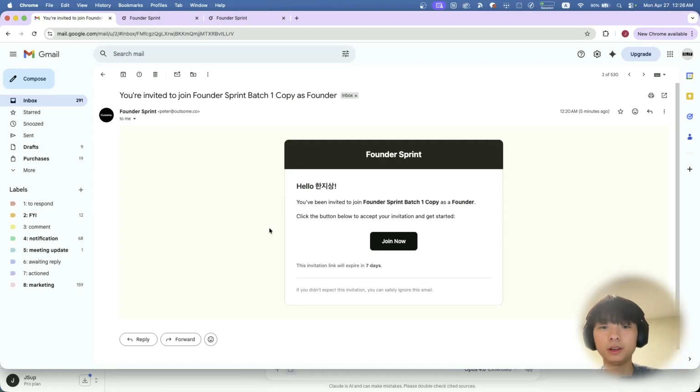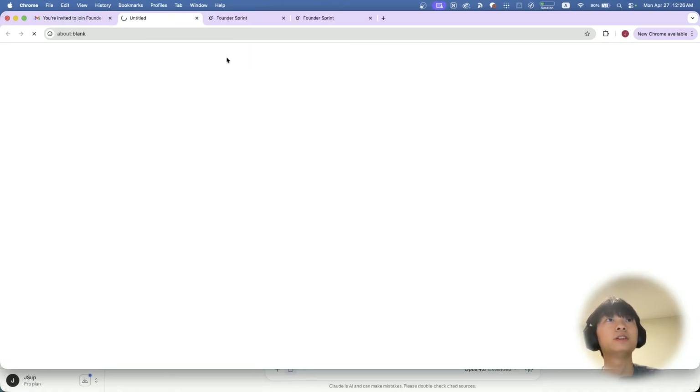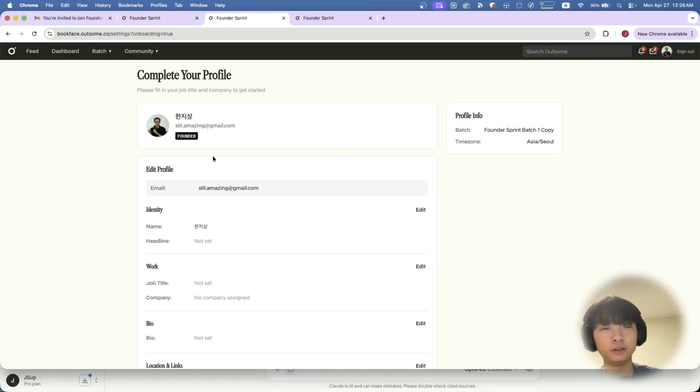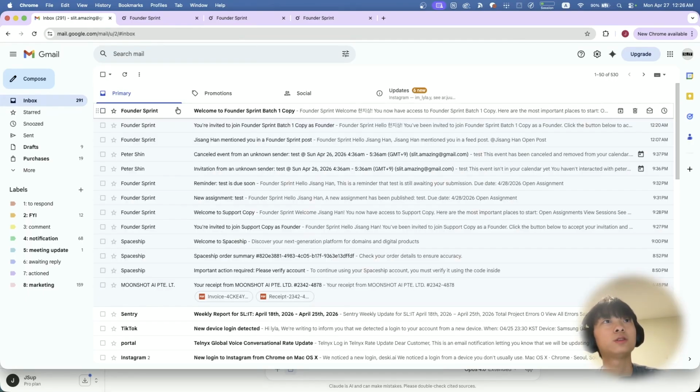But when they're invited inside, when we press this button, we actually went into the batch by joining now, already accepted because we already clicked before, as we saw before. We go into this place, right? But when we are accepted, we get another email that shows welcome to Founder,